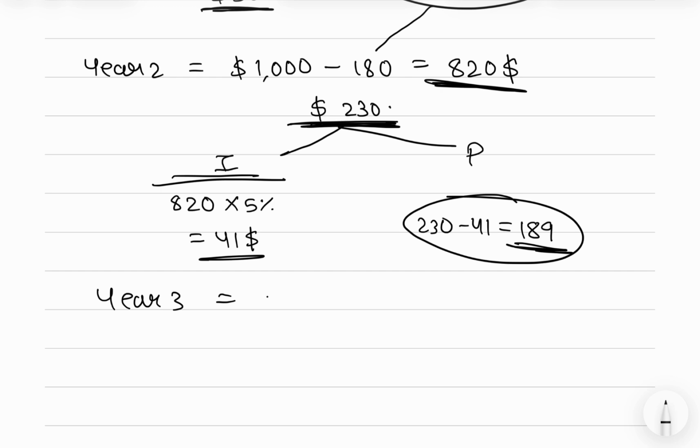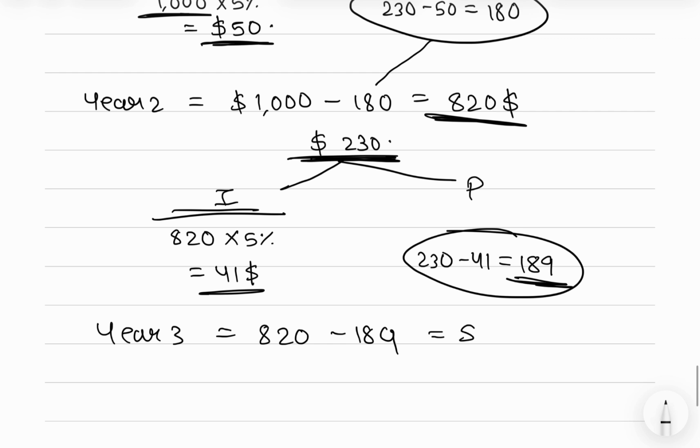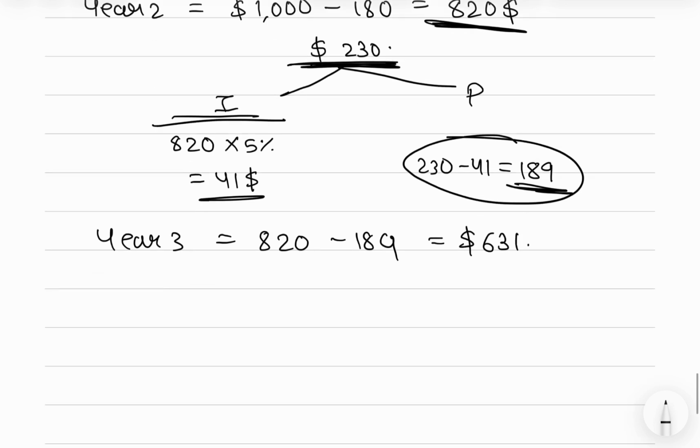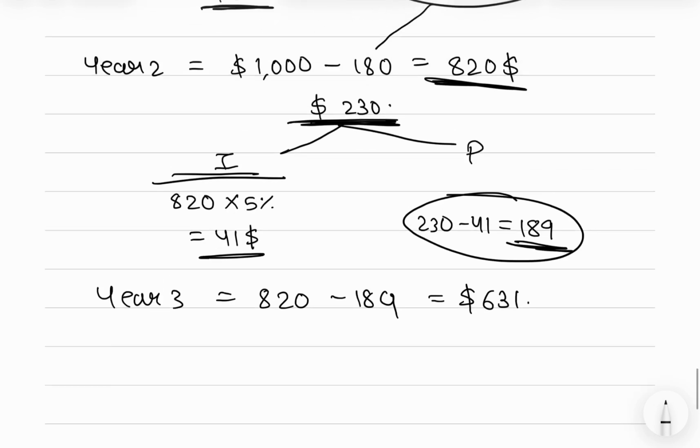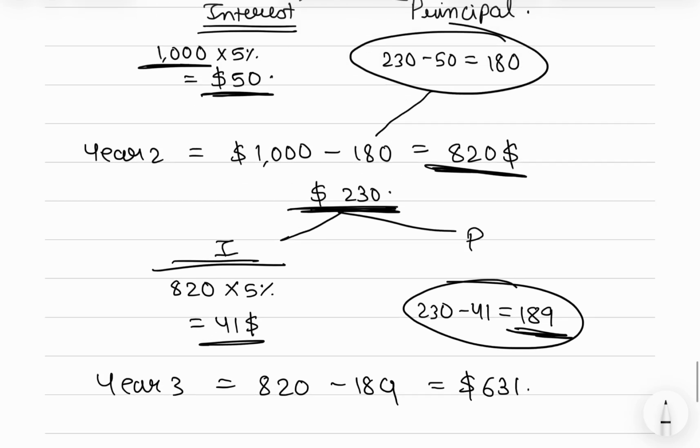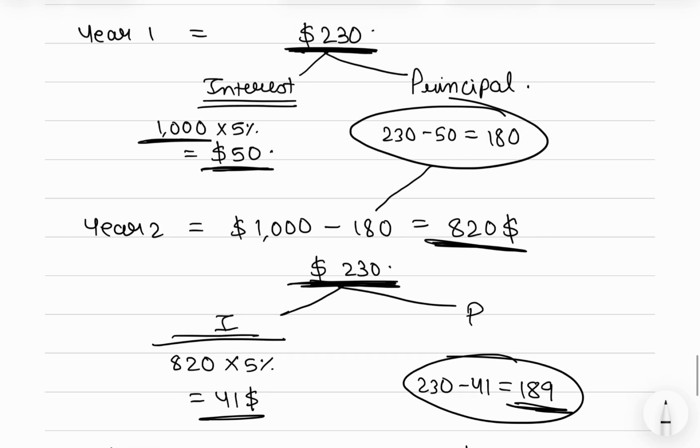Now the loan would be of 820 minus 189, and the loan would be remaining only of 631. So this is what is happening year on year. The loan is getting reduced, as well as the EMI part remains the same, but the component in the EMI